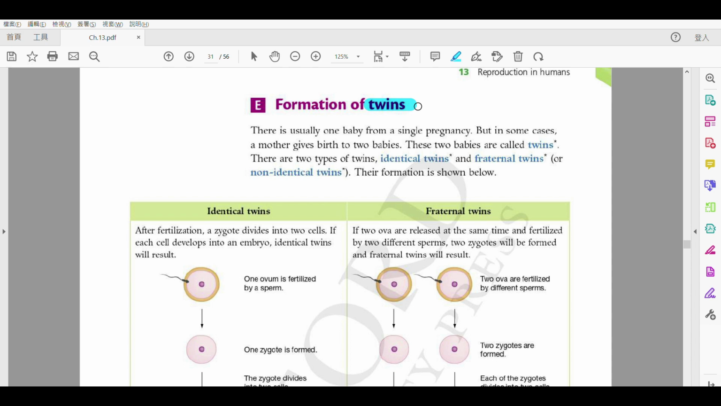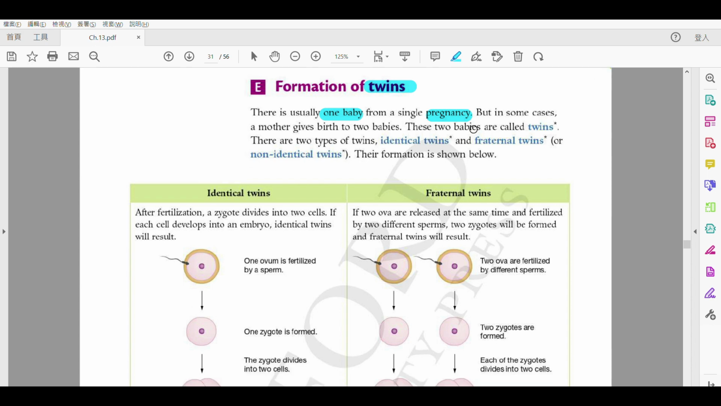可能係初中嗰陣時記呢一個位置記得好清楚啊。Alright, so usually there is only one baby from one pregnancy. 一次嘅懷孕啦 usually you will only have one baby. However, sometimes we may have two babies or even multiple babies. Okay, so for the case of multiple babies 有多過兩個嘅話咧 we'll talk about it in the next page 得唔得